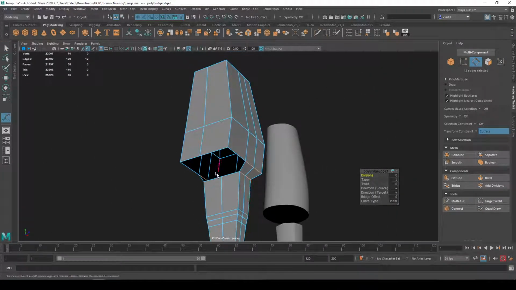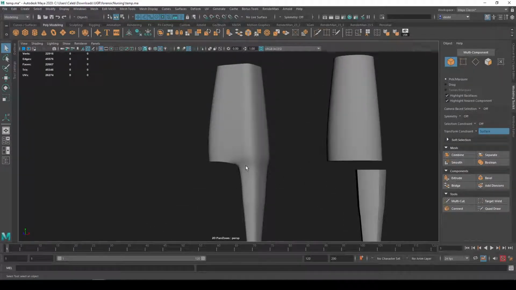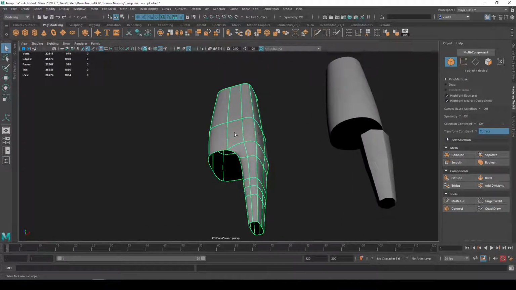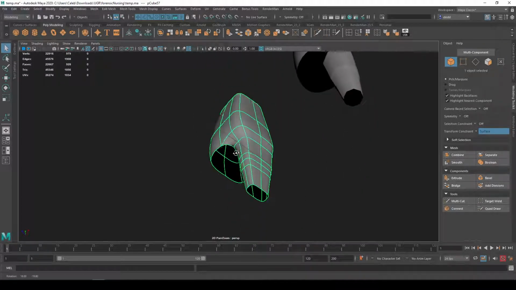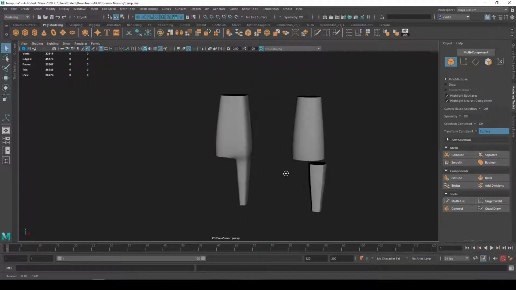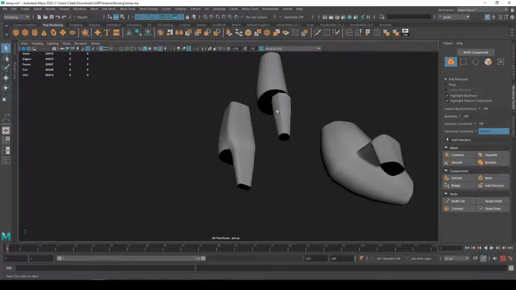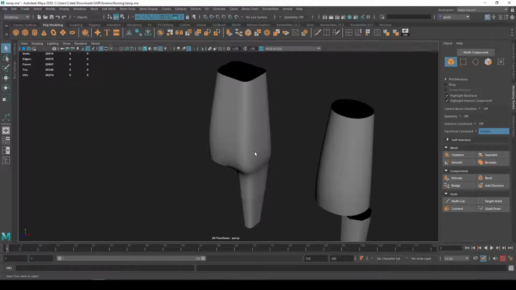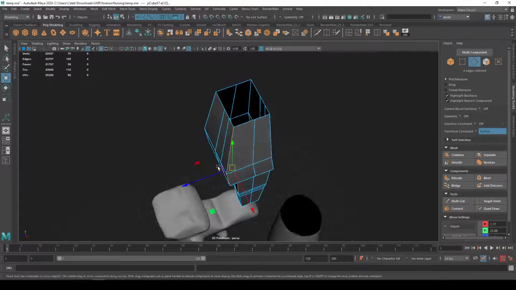And I can spend a lot of time making this look beautiful and perfect, but I'm not going to worry about that too much. But one thing I'll notice is that because I didn't spend the time to match that shape and get it how I actually wanted before I started combining these and adding more edge loops, I'm now stuck with this really flat angular shape, right? It feels very angular, like a square rather than a rounded cylinder like most limbs are. And so I'd have to come in here and try to change and match this curvature,